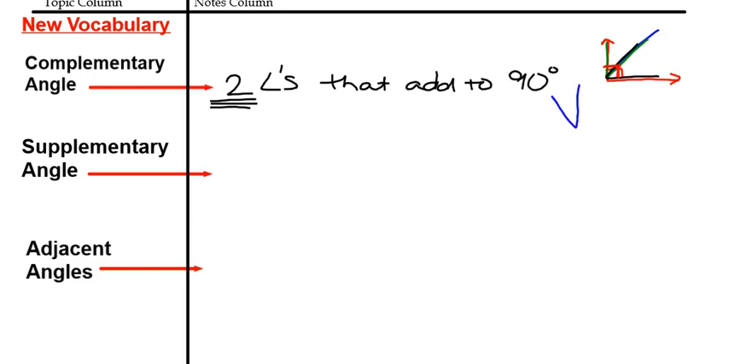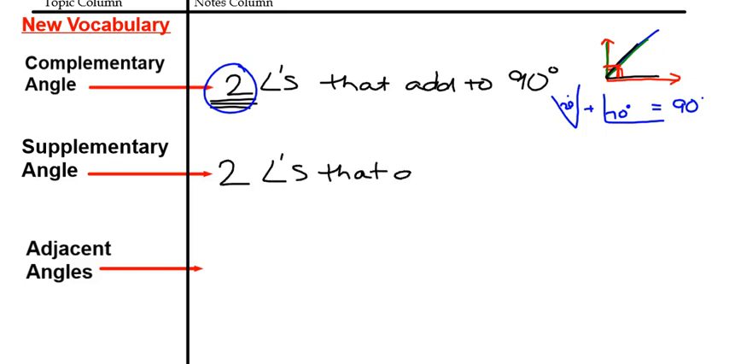Another example could be something like 20 degrees and 70 degrees. Does 20 plus 70 make 90? It does, and that makes them complementary. It must be 2 angles that add up to 90. The definition of supplementary would be 2 angles that add to 180 degrees. Again, our supplementary angles,